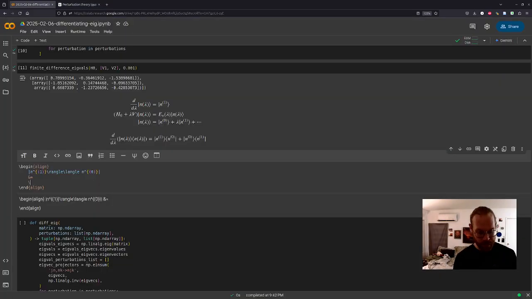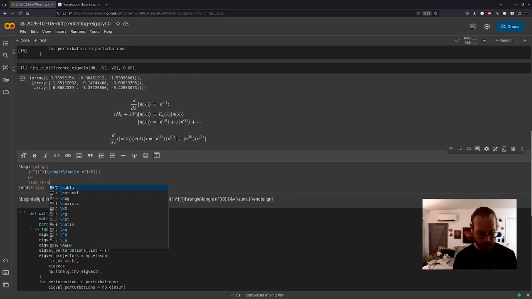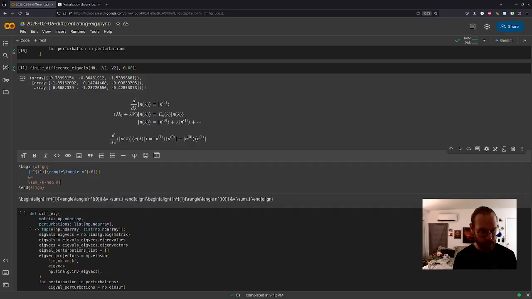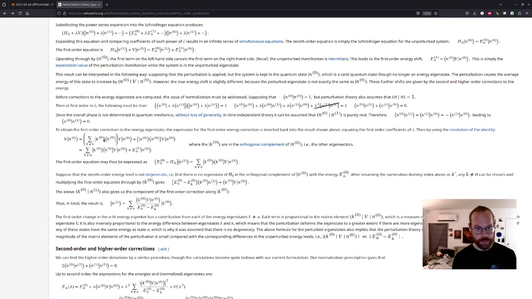So this is the sum over k not equal to n of, I can take this eigenvector and just move it over to the left side so that it's obvious that this is a projector onto the kth eigenvector.